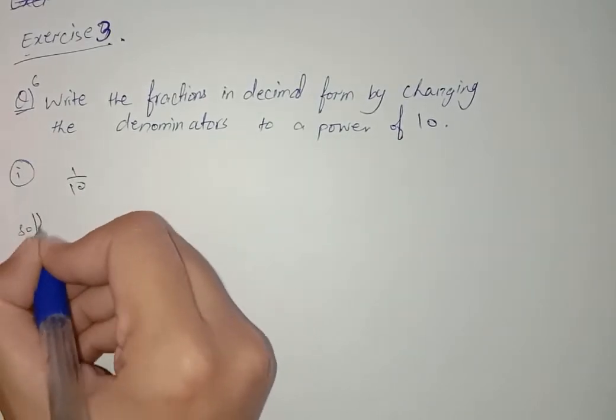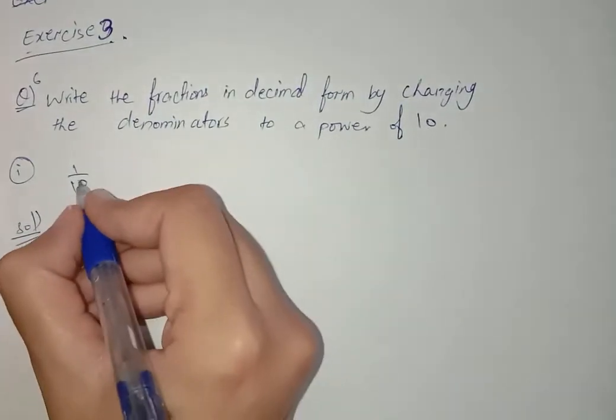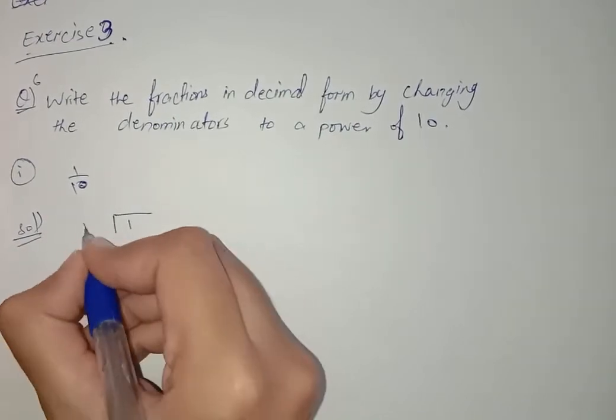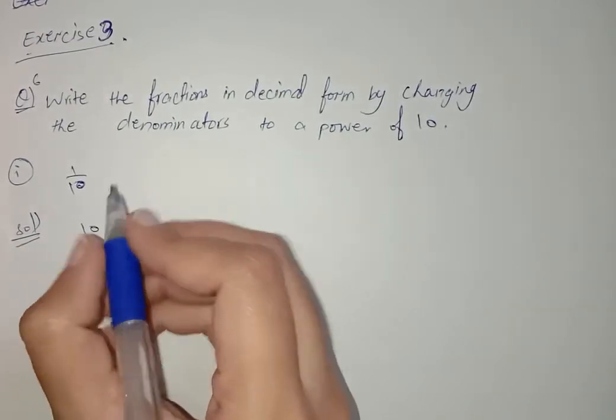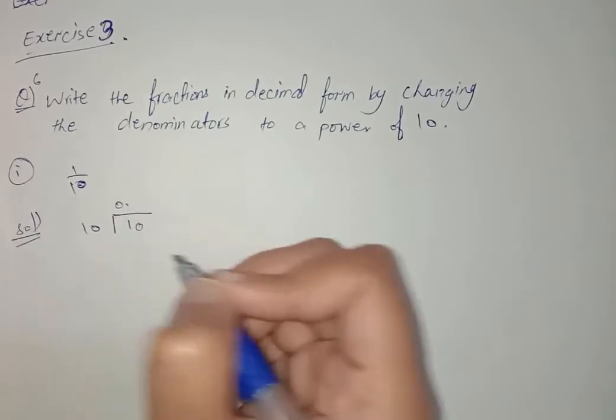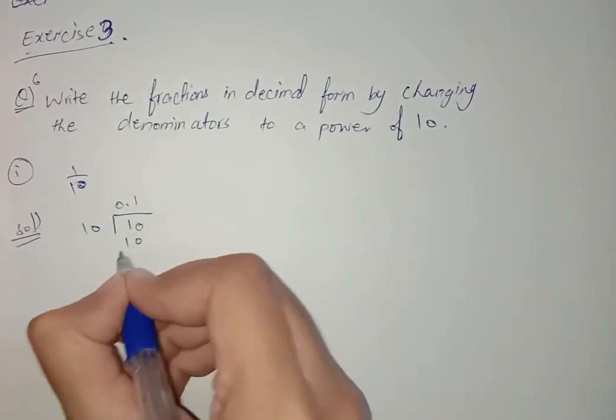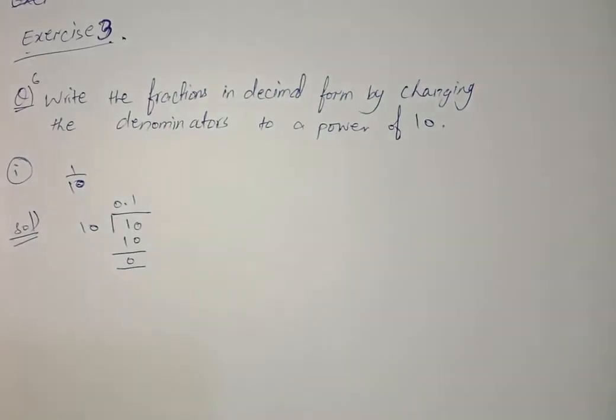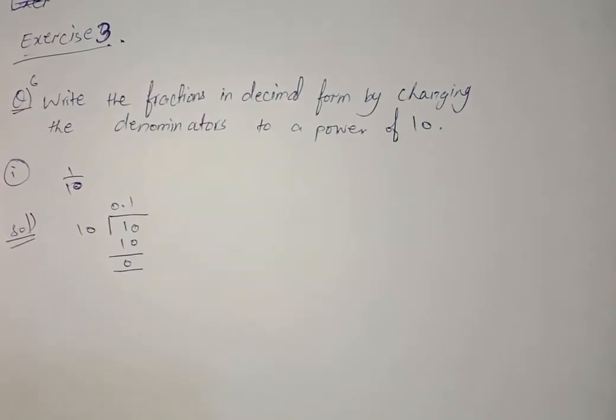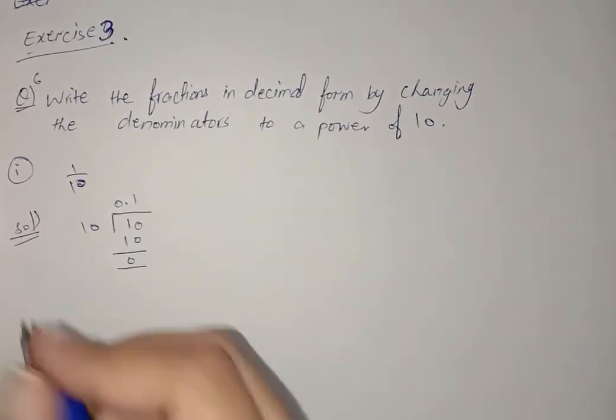First of all, we have to divide it. So 1 and 10. 1 doesn't come in a table of 10, so we can place a 0 point. So 0 comes here. 10 ones are 10. So its answer is 0.1. This is its answer. Now move towards its part number 2,